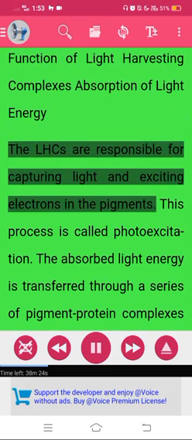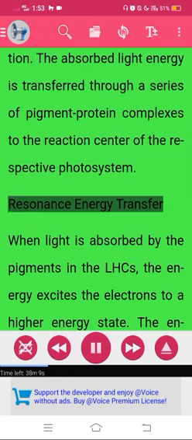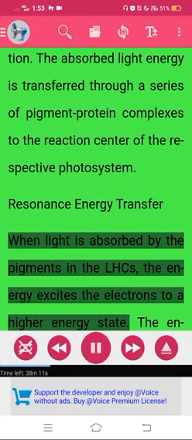The LHCs are responsible for capturing light and exciting electrons in the pigments. This process is called photoexcitation. The absorbed light energy is transferred through a series of pigment protein complexes to the reaction center of the respective photosystem. Resonance energy transfer: when light is absorbed by the pigments in the LHCs, the energy excites the electrons to